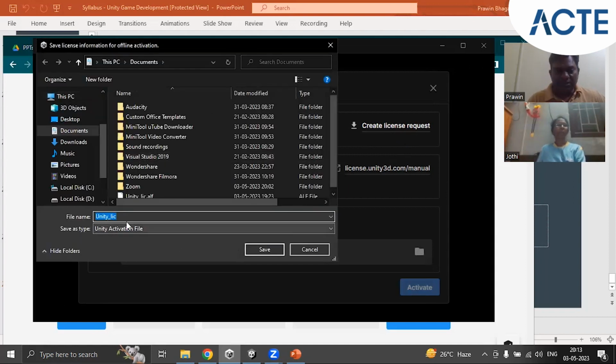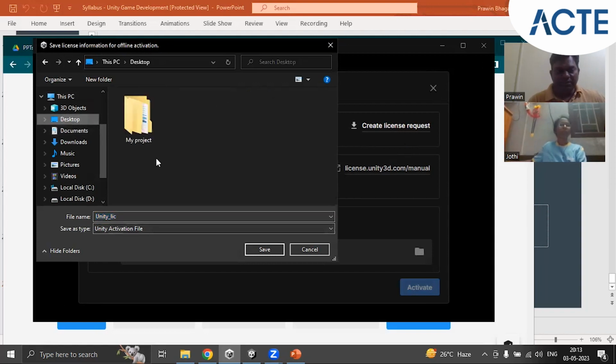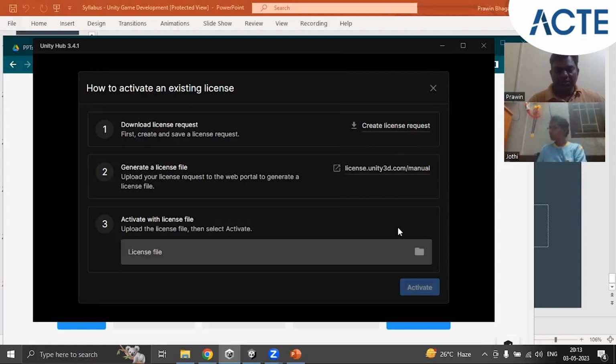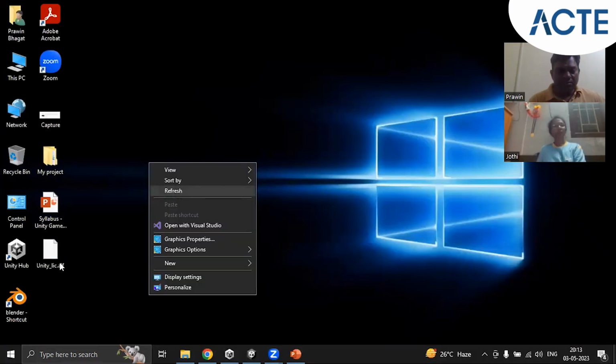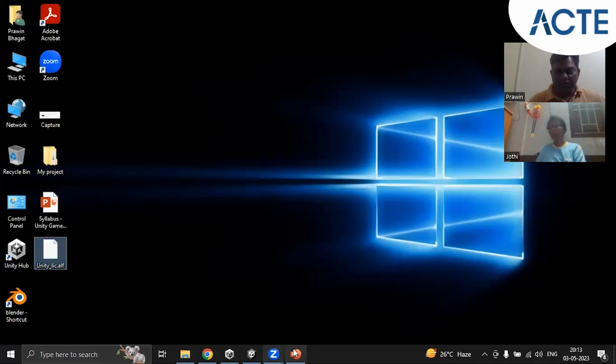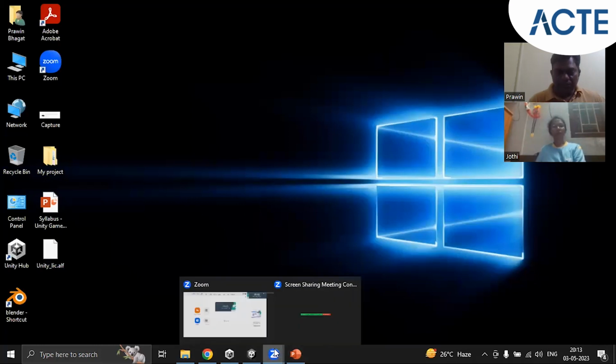You can download it; the extension is activation file, UAF, Unity application, ULF. I'm taking the free one, right? Yeah, it is the free one. So the file is stored here on the desktop. Okay, this one. Then